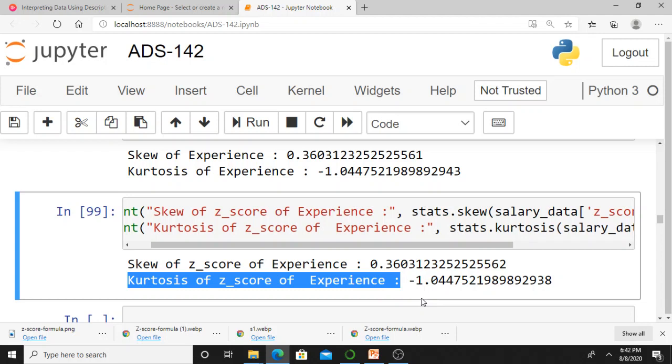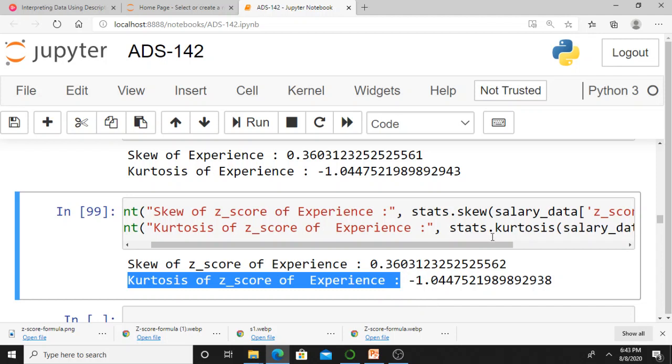What does it mean? The skewness value means the data is slightly positively skewed, and the kurtosis is around minus 1. Expressing the data in terms of Z-score does not change the fundamental nature of the data. It just makes our data easier to work with and easier to compare across different categories.